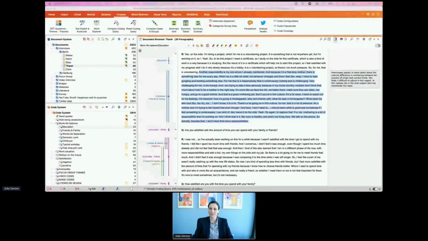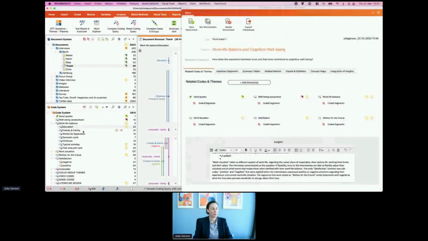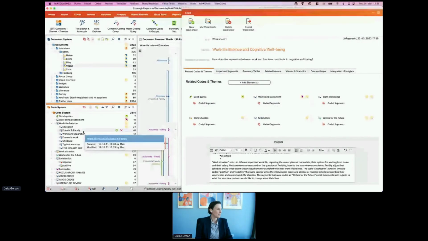Okay, here's another question. How do you use the QTT during coding analysis? More after the analytical, more after the coding. Once you've coded something, let's say you've created a code for work-life balance and you've coded all of your data, and now you want to take a closer look at friends and family because maybe you're going to a conference